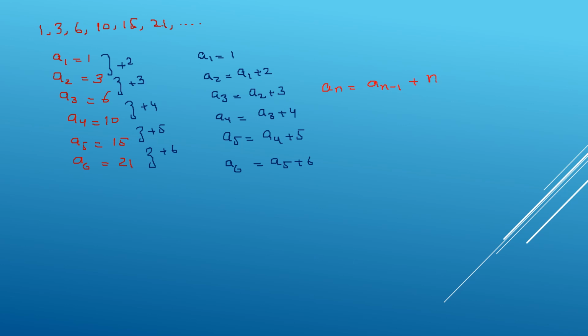But that depends on the previous term, the n minus 1 term. So this is not a formula where just by plugging in n we can get, say, the 100th term, because to get the 100th term we need to find a99, and to find a99 we need a98 and a97 and so on. All terms must be known. So this is known as the recursive way